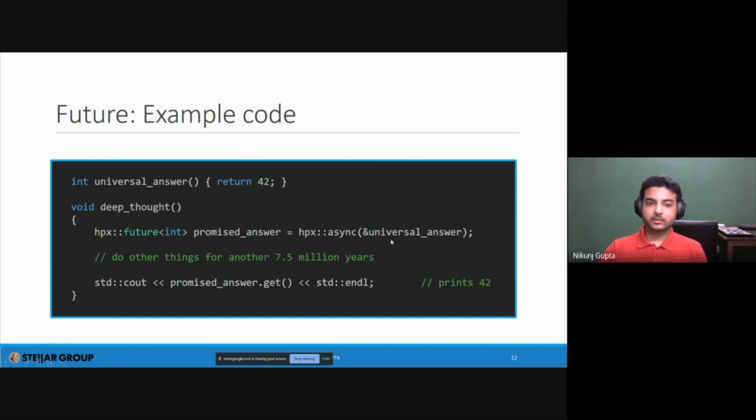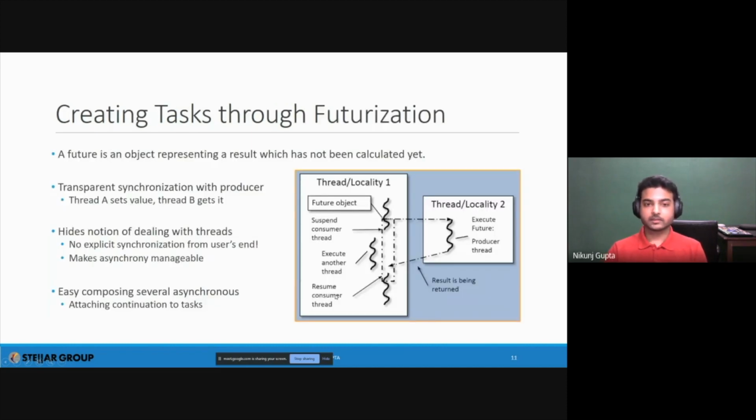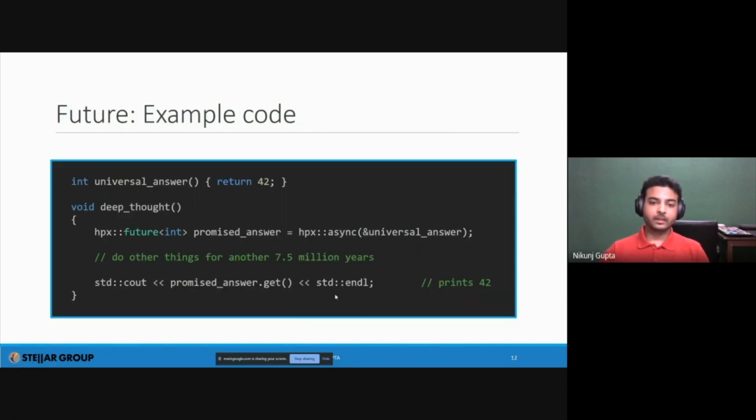You tell it to run that computation for those 7.5 million years. And then once that time gets over, you ask that machine to give you the answer back. That is using the .get function, as I just said over here. So thread A sets the value and thread B gets it. And that's the whole idea of futures.